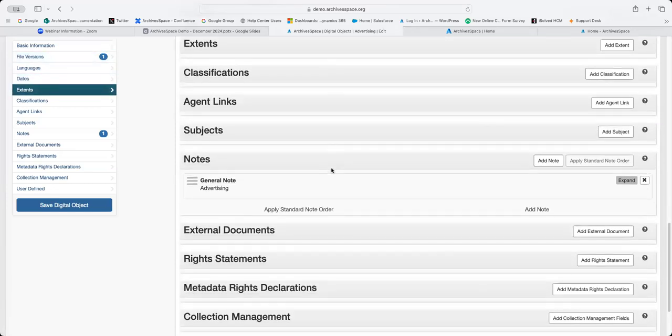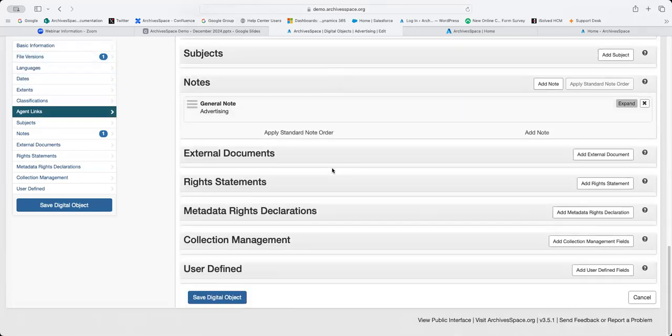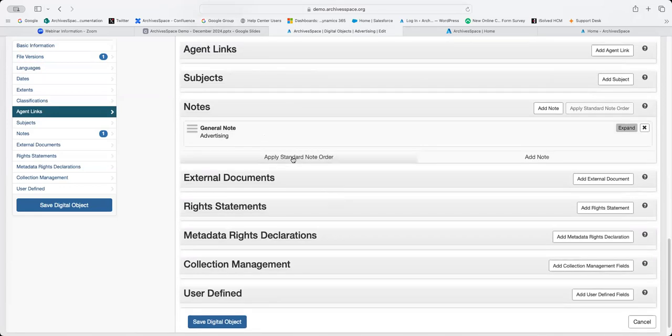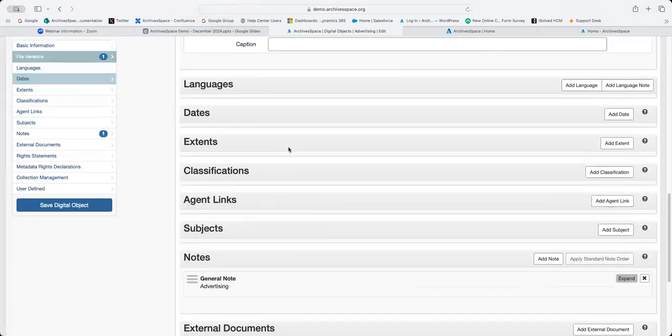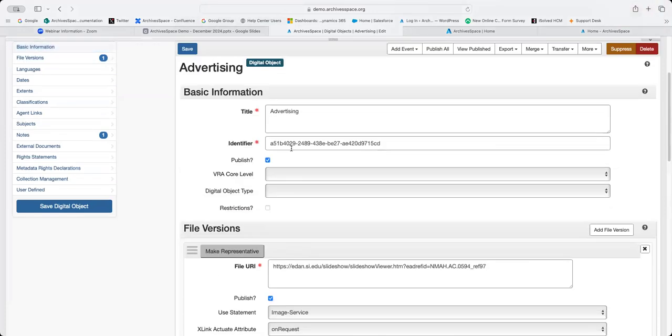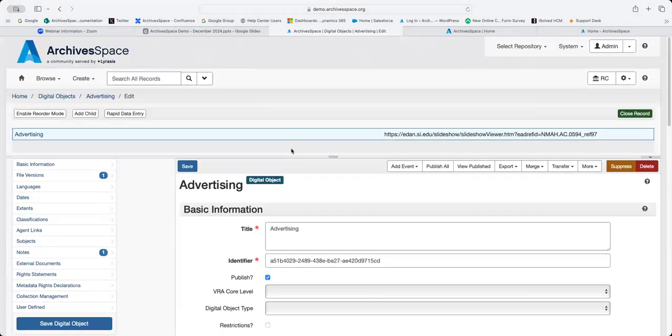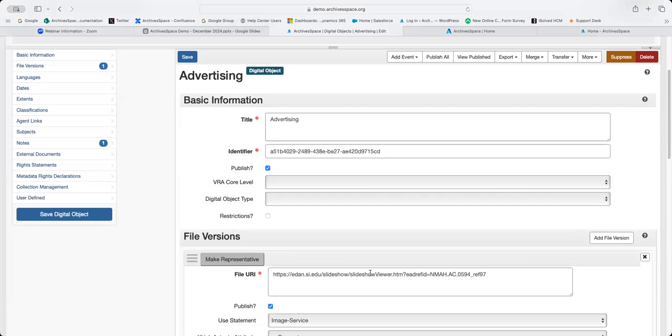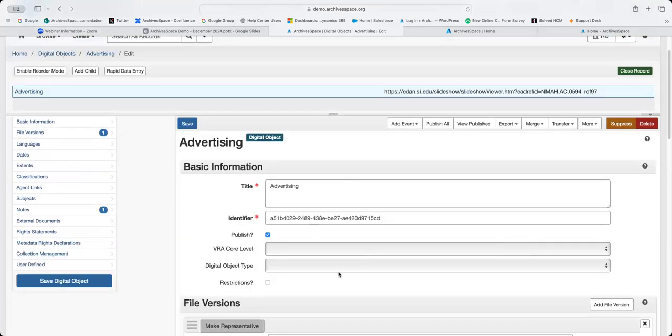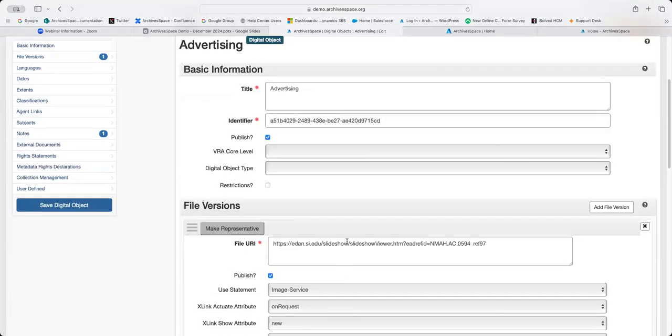Beyond that, it does look very similar to the resource record that I showed you, but you can include notes, subjects, agents, link related collection records, and that sort of thing. But like I said, this represents a simple digital object. It's one in which the intellectual content of the object is contained in one digital file. So that means that this file, this link, shows you this image. That's it. Everything described within this record is being shown or displayed within this one single image.